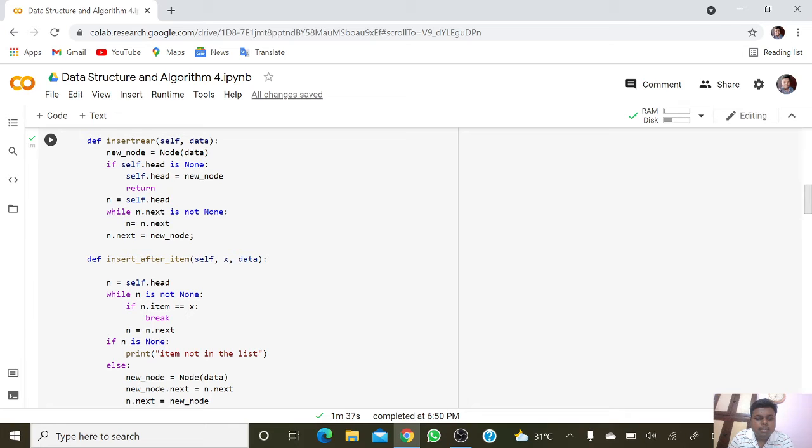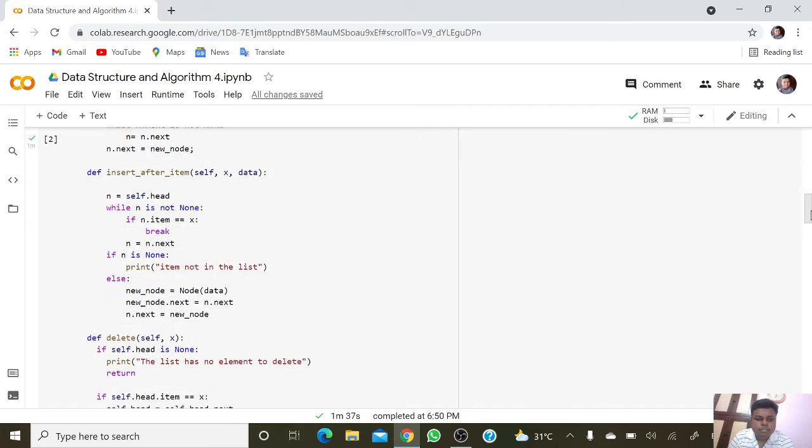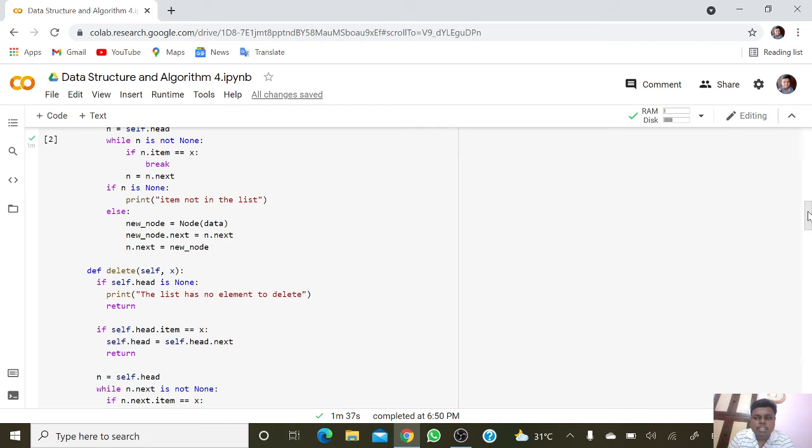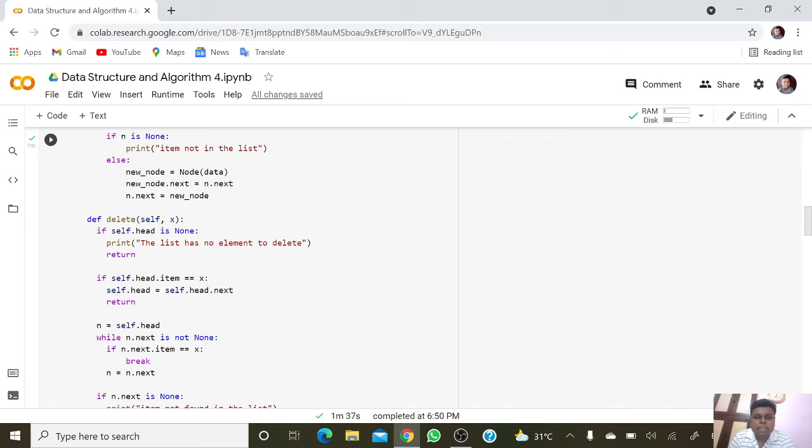If n is None, print item not in the list. Else new_node = Node(data), new_node.next = n.next, and n.next = new_node.